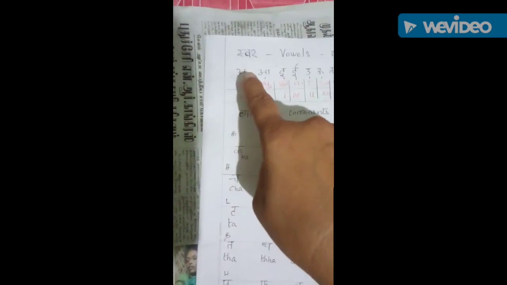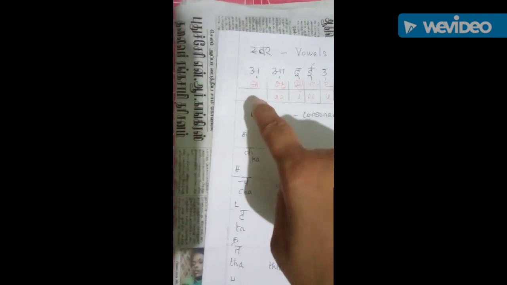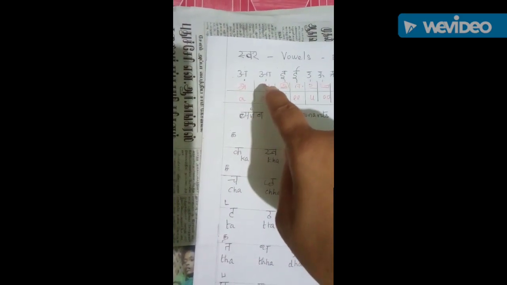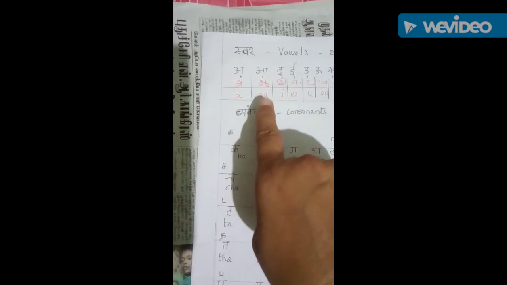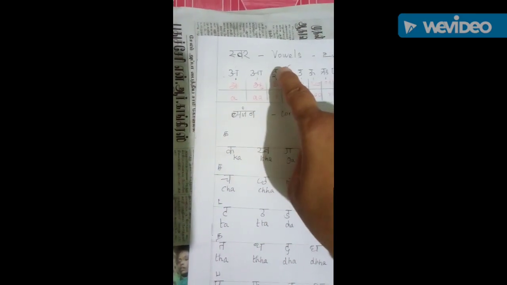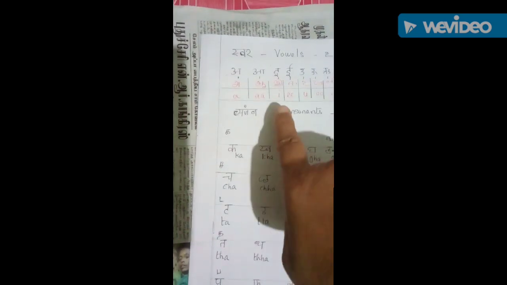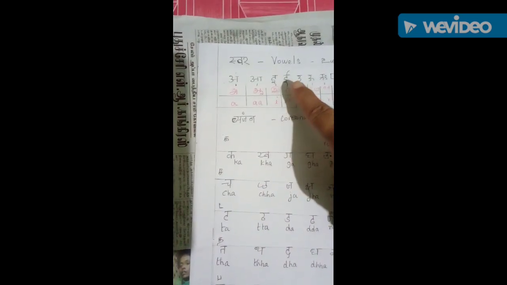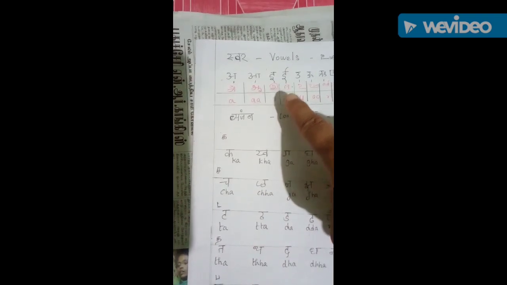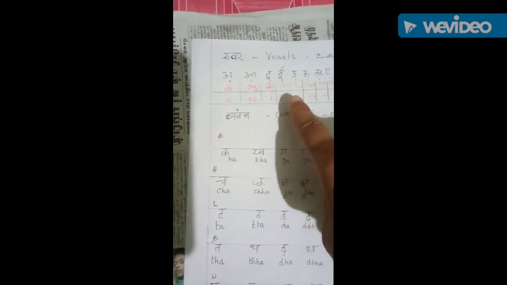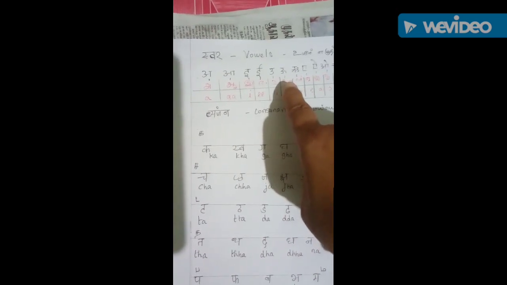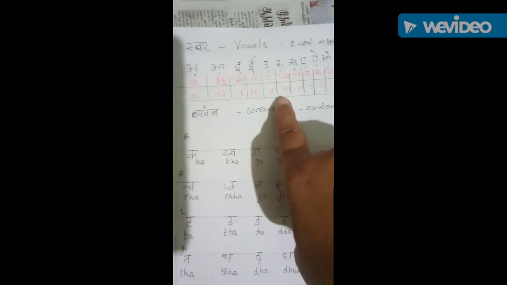Then we have a. In Tamil you have a, and in English a. And the next letter a. In Tamil a, then in English we have a. And then e in Hindi, and in Tamil e, and the representation in English is I. Then the next letter e, that is e in Tamil and in English e. And then u in Tamil, u in English, and then u in Tamil and o in English.